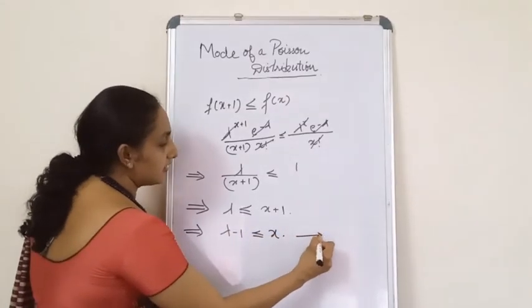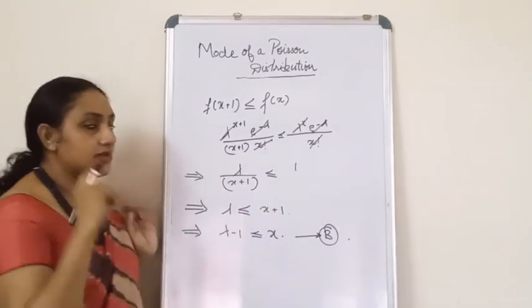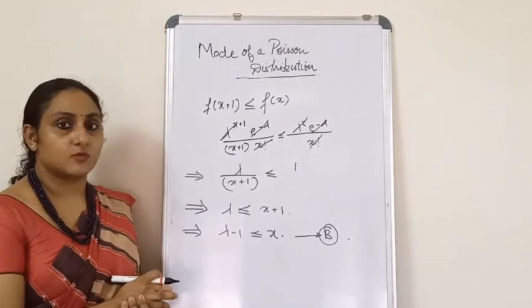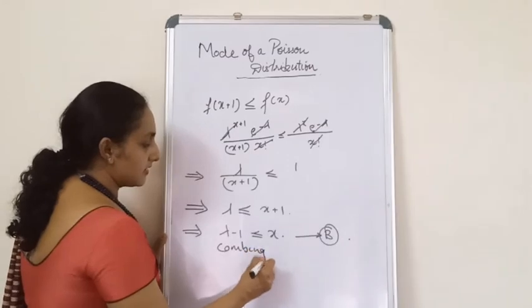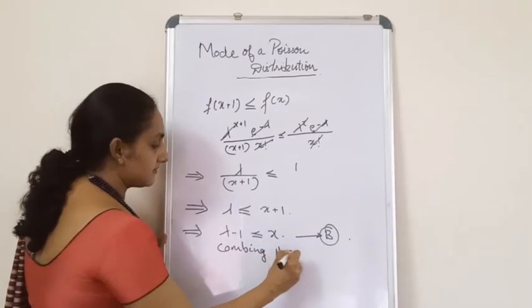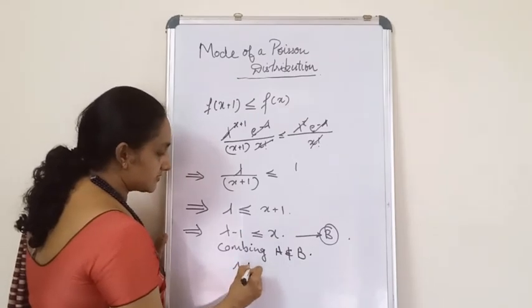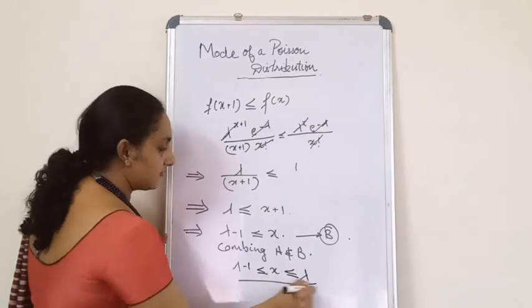Now this is your inequality B. Okay, now from inequality A and inequality B, when you combine A and B, what will you get? Combining A and B, you get lambda minus 1 less than or equal to x less than or equal to lambda. So therefore, in a Poisson